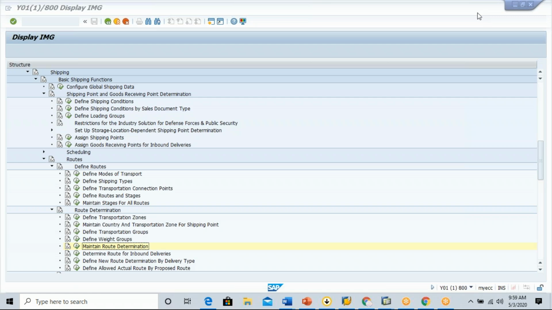And also you keep all raw materials in one place. This is the way the plant is structured, how the plant is divided or classified into different storage locations. So whenever you are doing the outbound delivery, if I go to the outbound delivery,